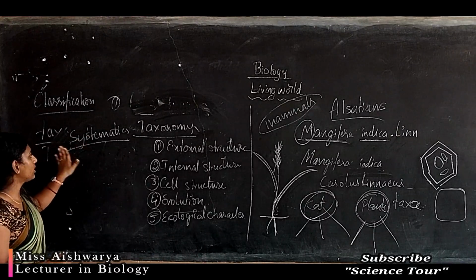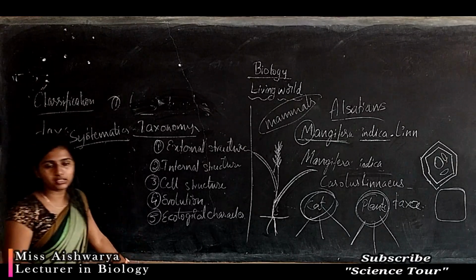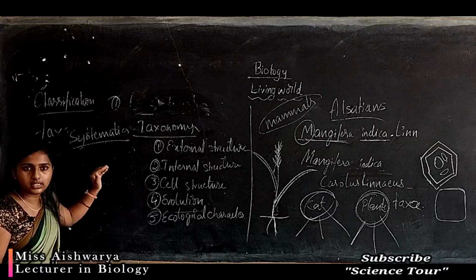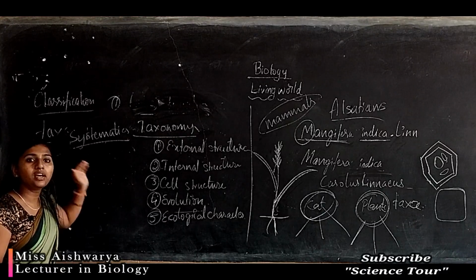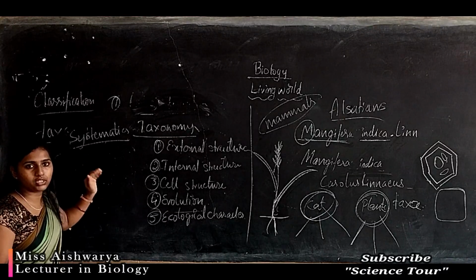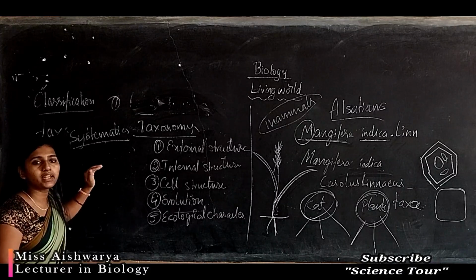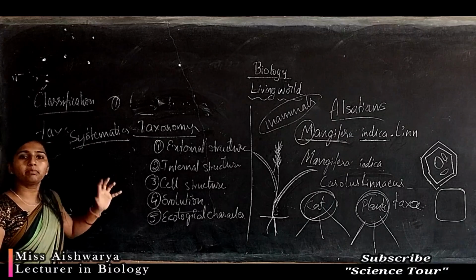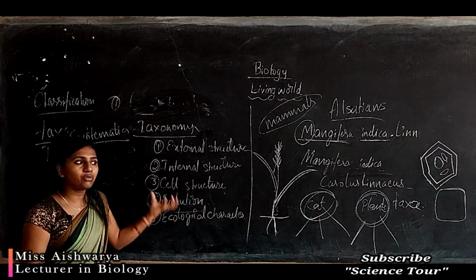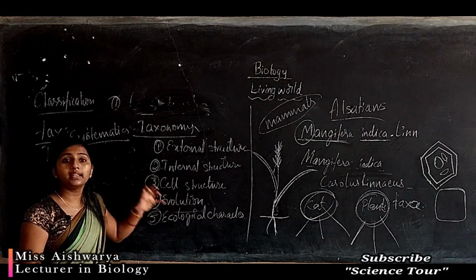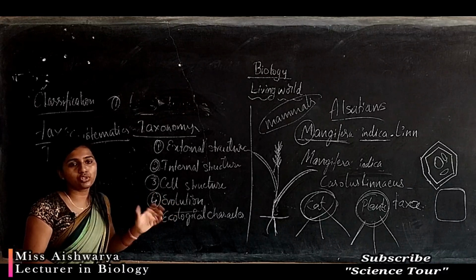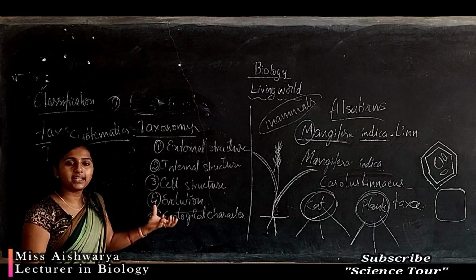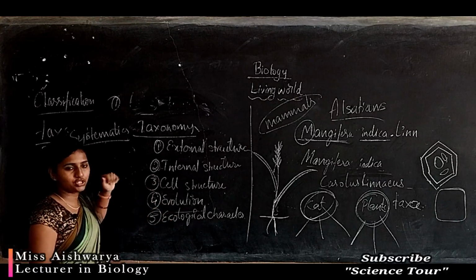So here all the classification is not a single step process, it is a stepwise process, and those steps should be arranged in a systematic way. The arrangement may be based on the diversity, how diverse the ecosystem may be, and the comparative and evolutionary relation between the organisms. These are the important criteria for systematic arrangement.